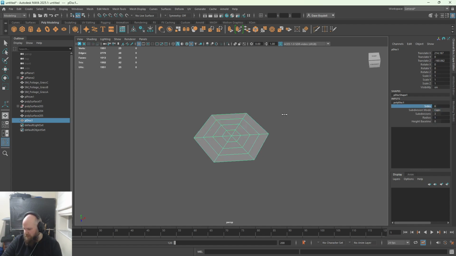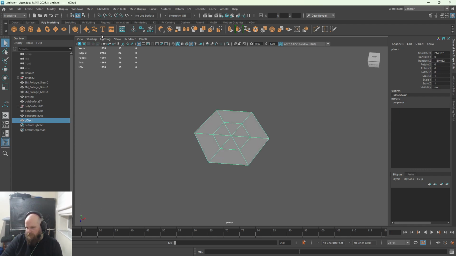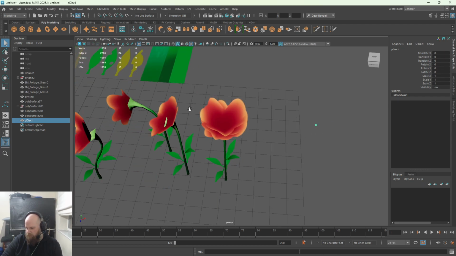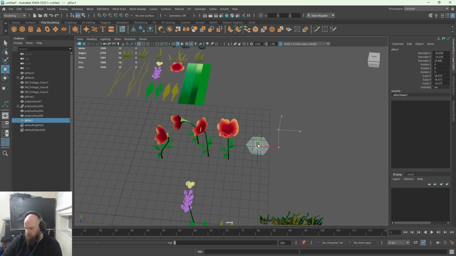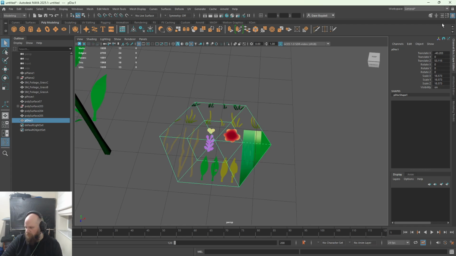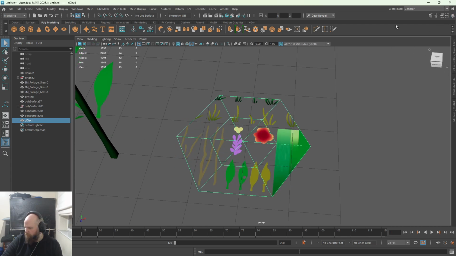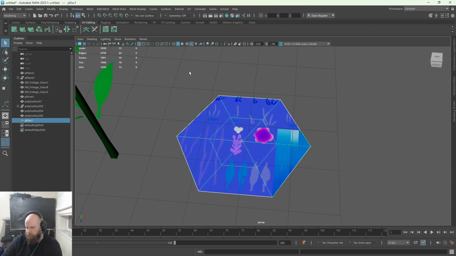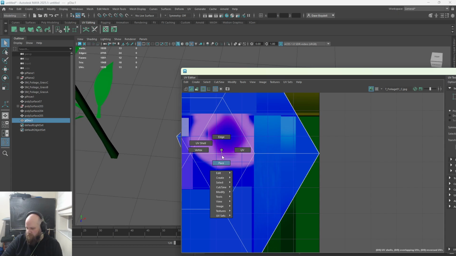I want sides to be 6, subdivisions to be 1 or 2 at most, literally at most. So I'll do 1 like that. Cool. I'm going to do a planar y-axis projection on this, as you would do. Yep, so I'm going to apply that foliage material to that. Again, not looking quite good, but all I'm going to do is just grab that,